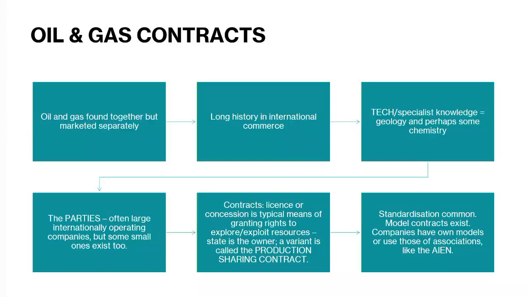Here we go. Contracts, the type of contract you get. In petroleum, it's hydrocarbons, petroleum. In Spanish or Latin America, there was hidrocarburos. In some other places, the petroleum is oil, and strictly speaking, I would say petroleum is oil and gas. But you have to check your definitions in the agreement about what applies in the particular country.